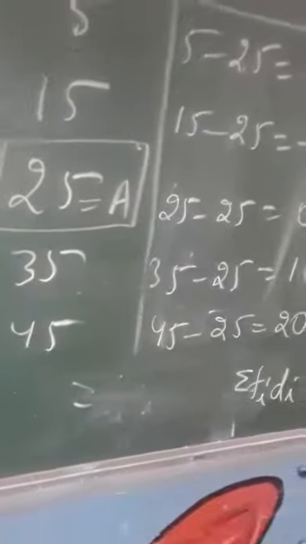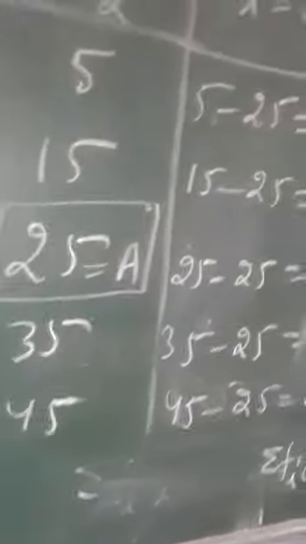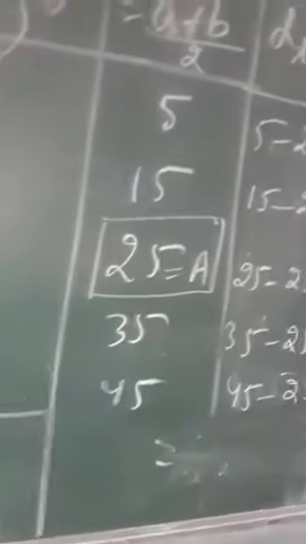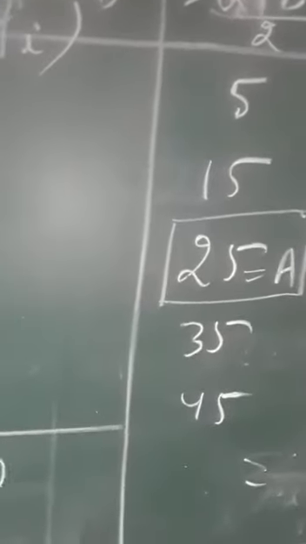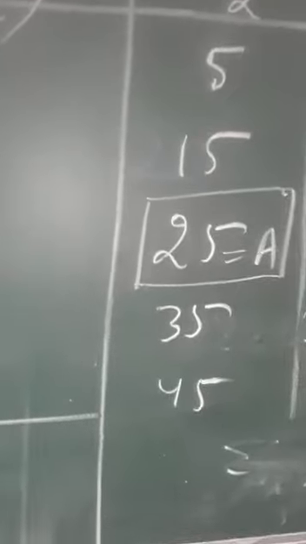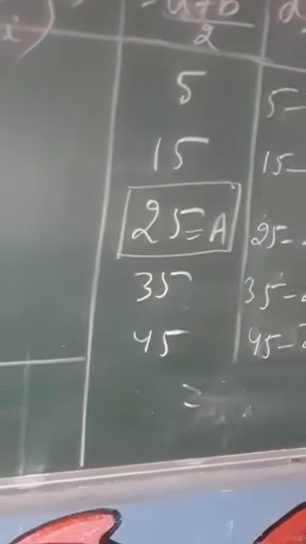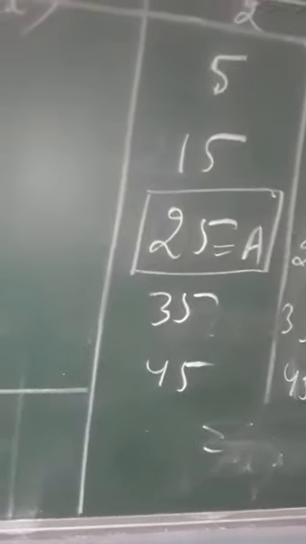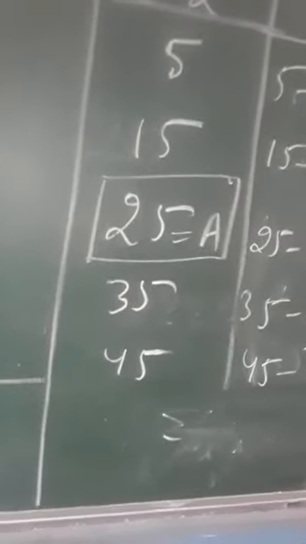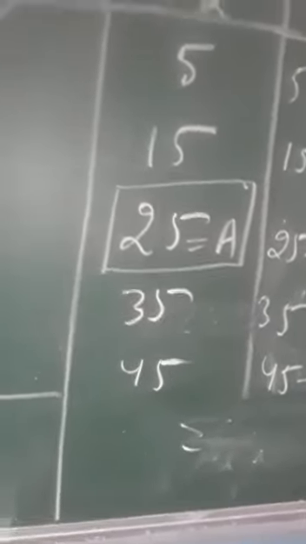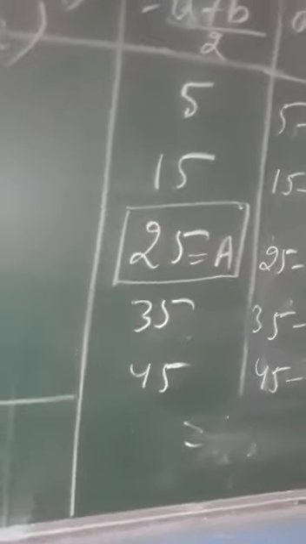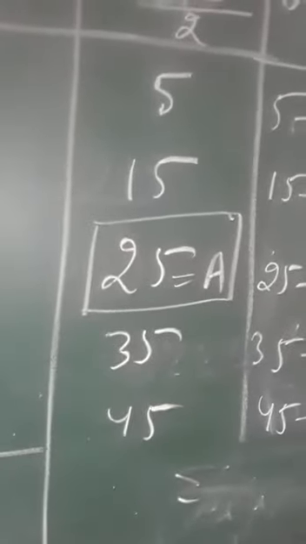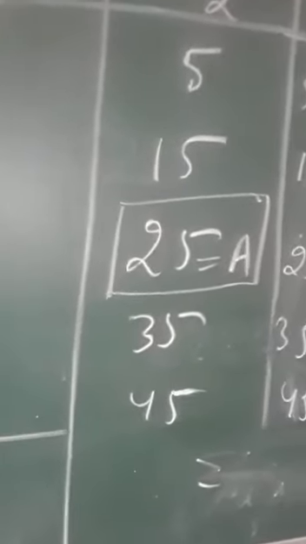So over here we are having odd number of terms. We are having only 5 terms over here, and since it is odd number, so we have added 1 in it, and then we have divided the sum 5 and 1 by 2 to get the third term. So we have taken 25 as assumed mean for our solution.